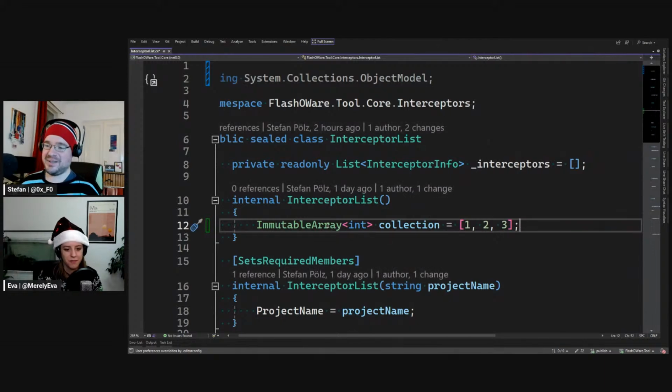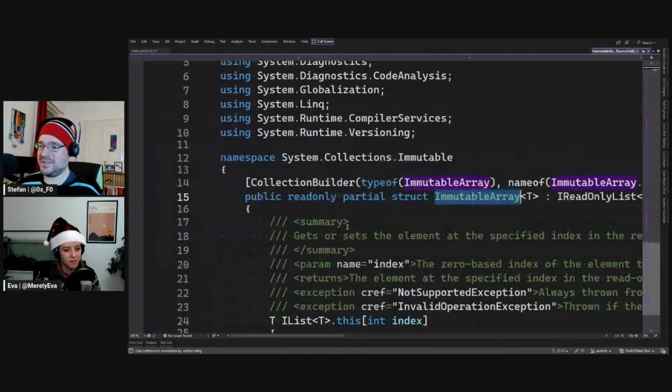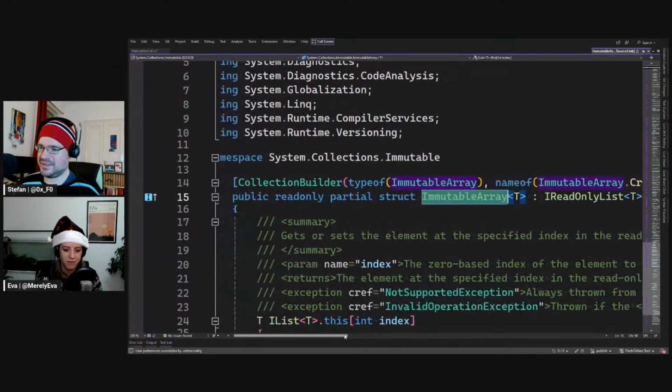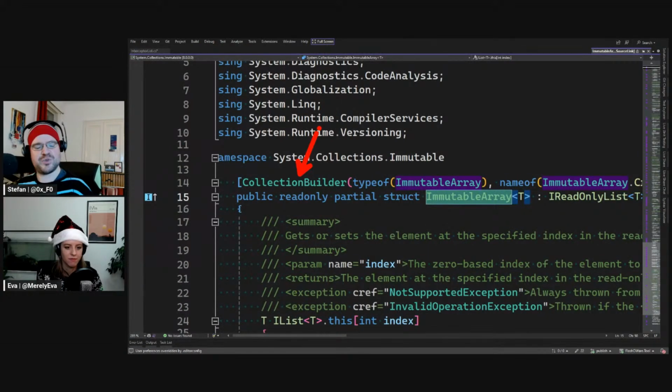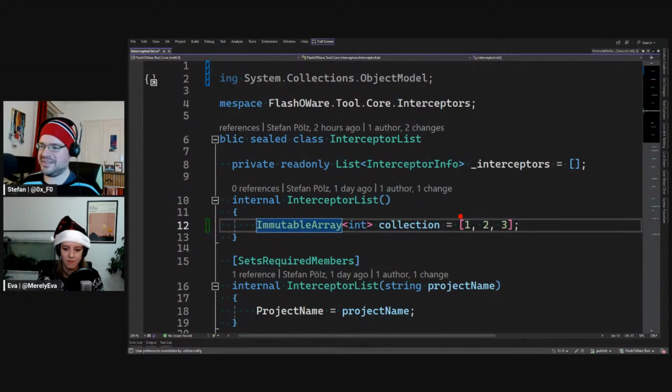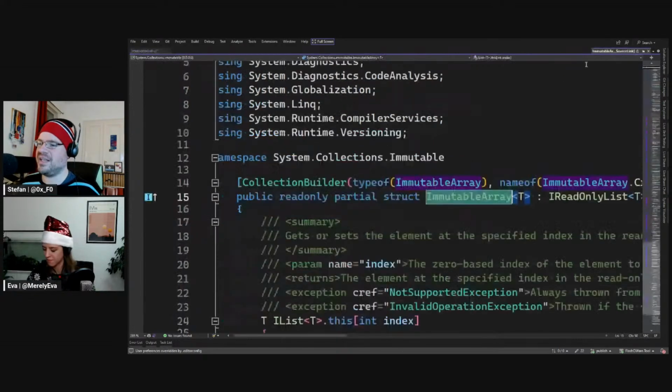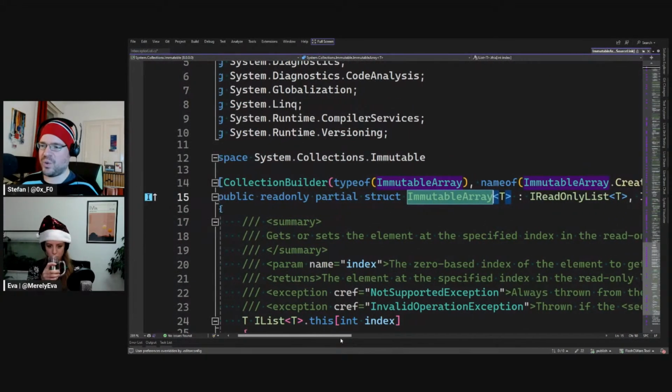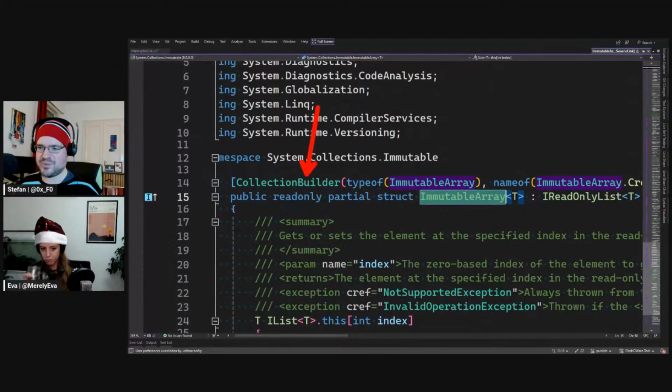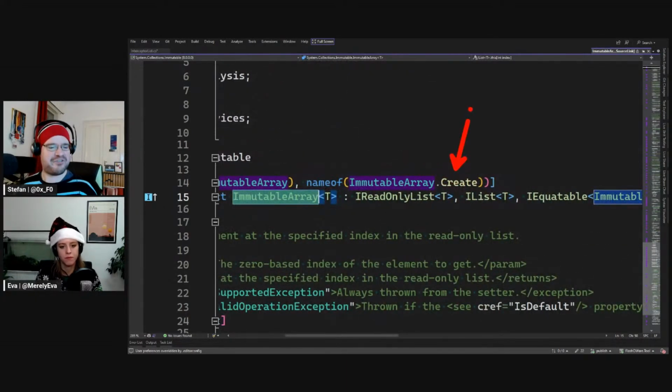That's fair enough. Because this is also what Stuart showed us. The immutable array actually has the collection builder attribute on top, which teaches this collection initializer or collection expression feature how to initialize, how to build this collection, which means we can also build our own collections using this attribute and also use this C# feature. Basically, we can tell the compiler, in order to support this feature, please use this create method